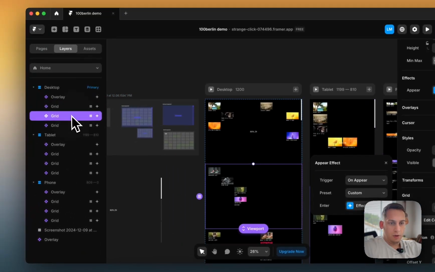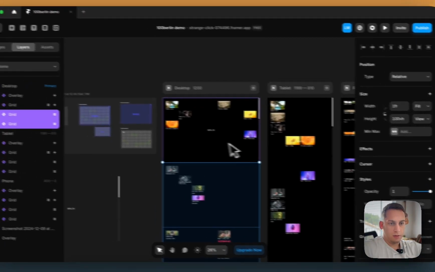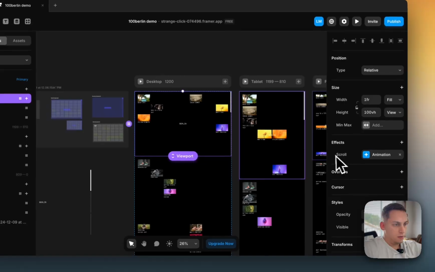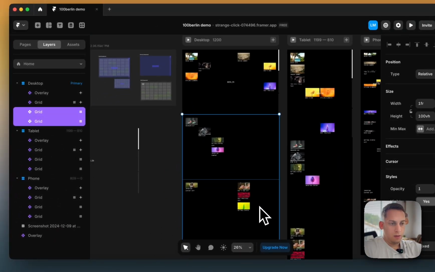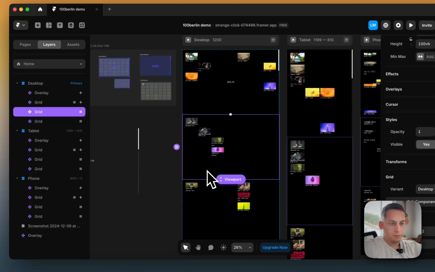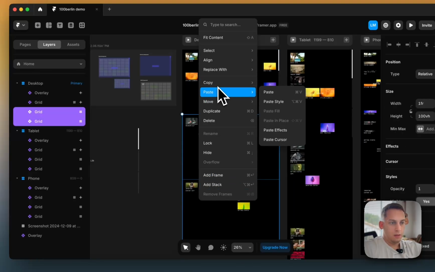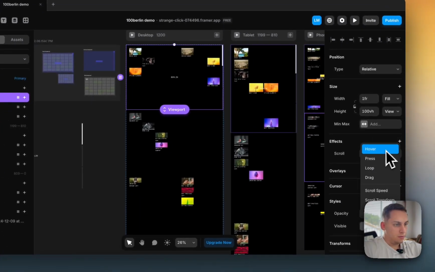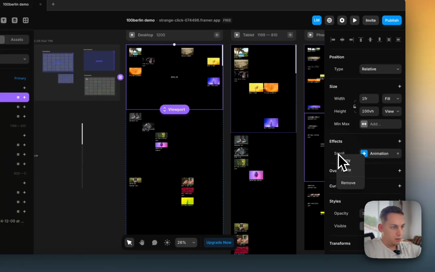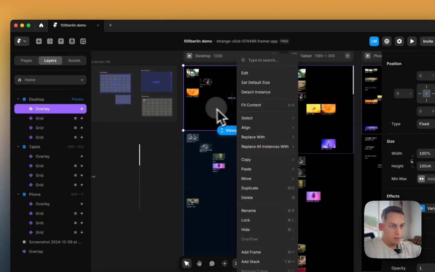And what we want to do is actually get these and remove this effect and get this again. Copy, and paste the effect, and then go back here and add a new effect and scroll. Can we duplicate it? Copy, and